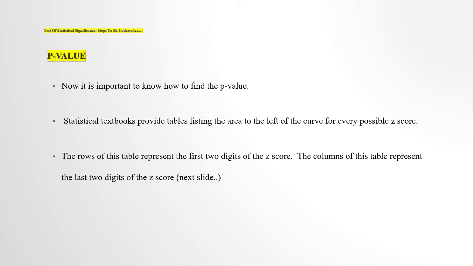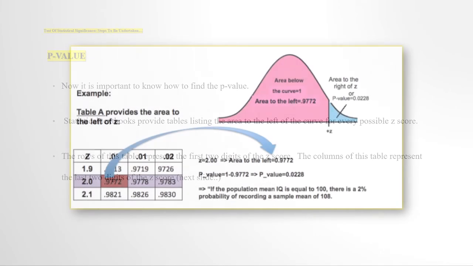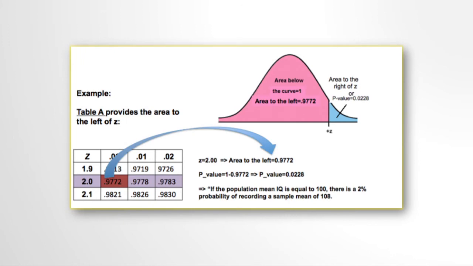So the next step is finding this p-value. Generally, some statistical textbooks provide a table listing the area to the left of the curve for every possible z score. In our presentation, here is some data. There is a table where the row would show the first 2 digits of the z score and the column would represent the last digit of the z score. So you can see the area to the left of the z value